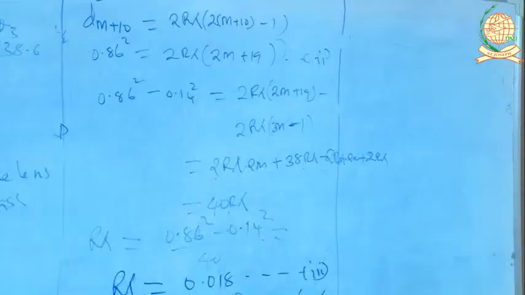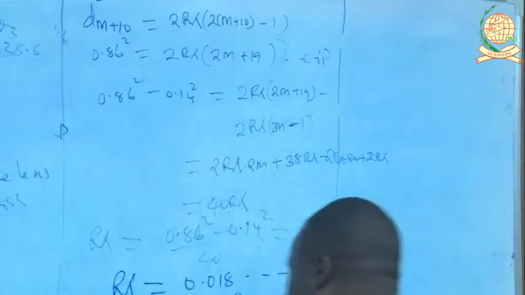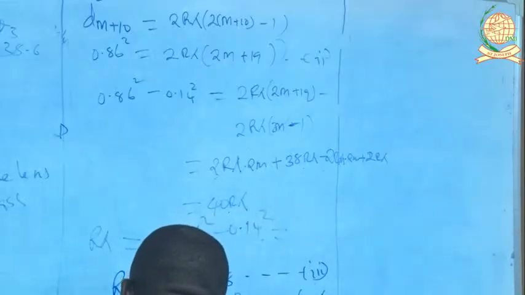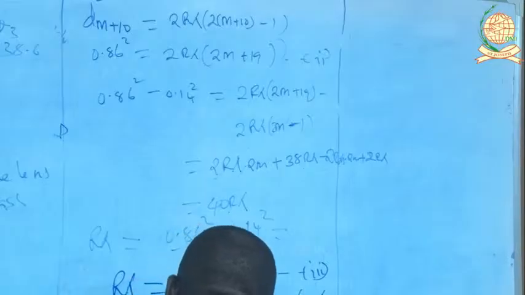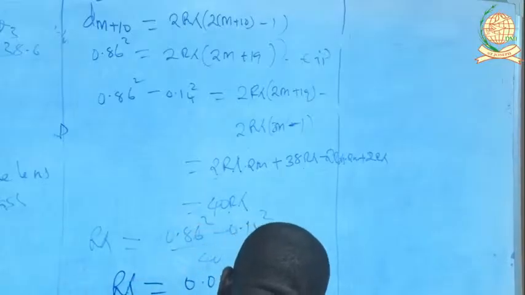As I said, you now have to substitute this lambda dash. So you'll be having 0.77 square minus 0.23 square equals to 40